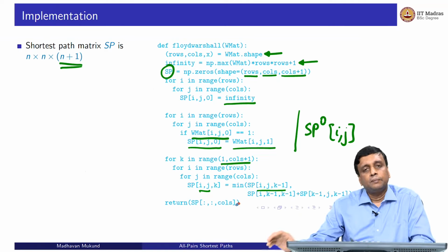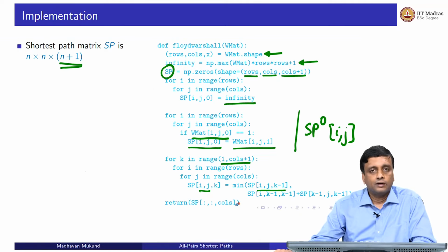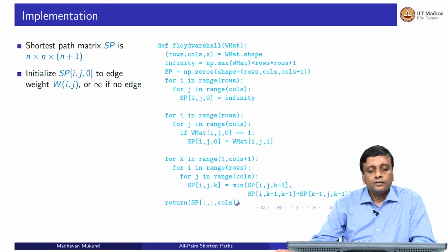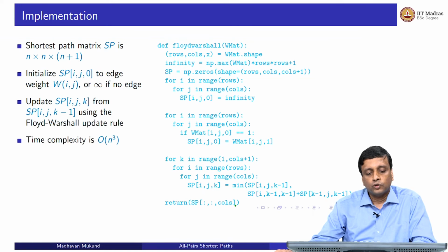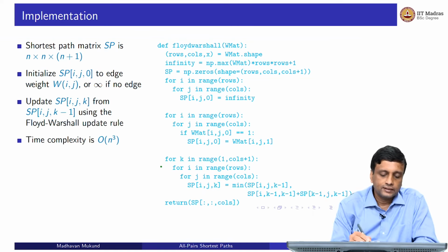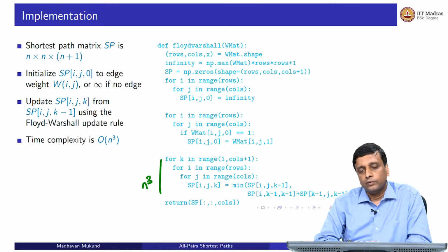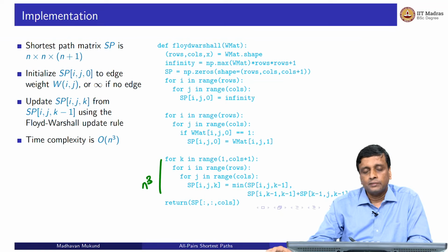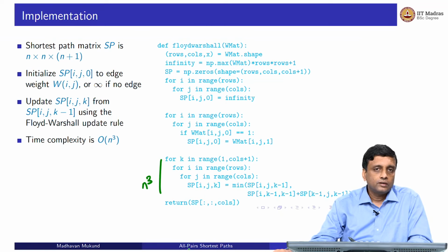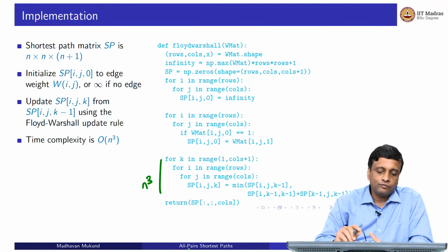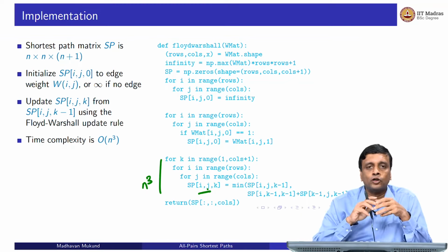This is the implementation, very straightforward, like Bellman-Ford. It's just a bunch of nested iterations, right? So when I initialize it, update it and so on, it is very clear that this particular thing is n cubed, right. And once it is n cubed, it is quite easy to see that nothing much is going to happen if you use